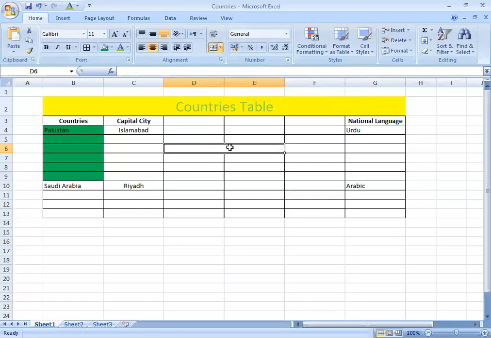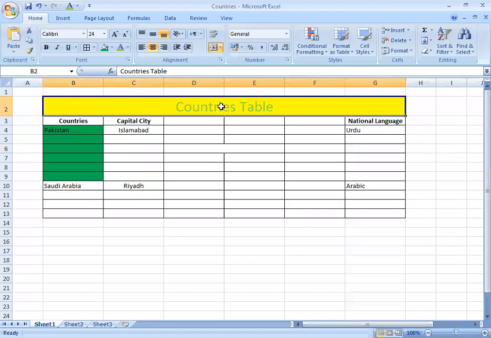Now these two cells are combined, and we will treat it as a single cell. This is called merge cell. Why do we sometimes merge cells? Sometimes we want to put a heading, like the heading Countries Table. So we normally merge two or more cells.